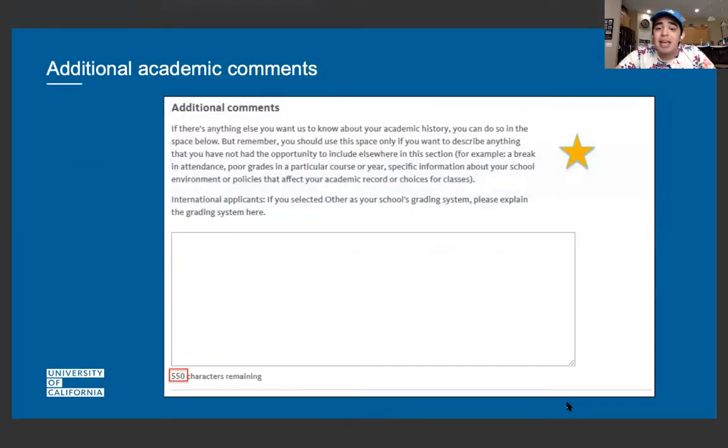Additional academic comments. If something happened during the year, you need to put that in. For example, for myself, something happened during my sophomore year, and I needed to let them know. That's why my grades dipped from an A to a B during the semester in AP World. That's okay. They're not looking for, oh, I just was not good in this class. That's not what they're looking for. If there was a change in policy, or something in your life that happened that changed your academics, please let them know there, okay?